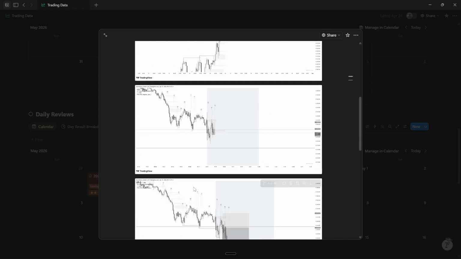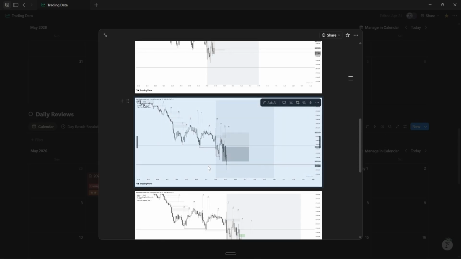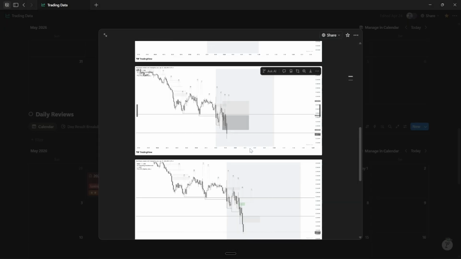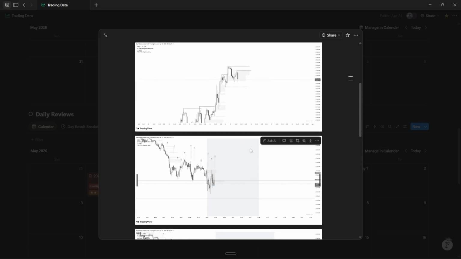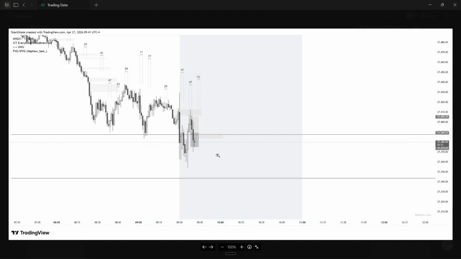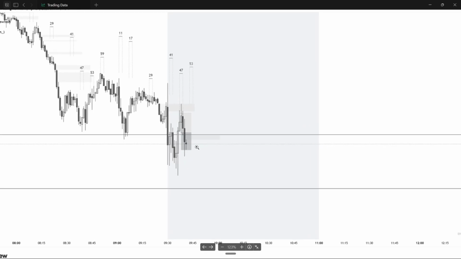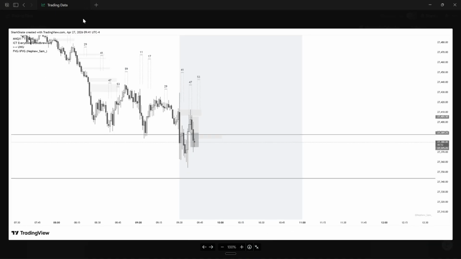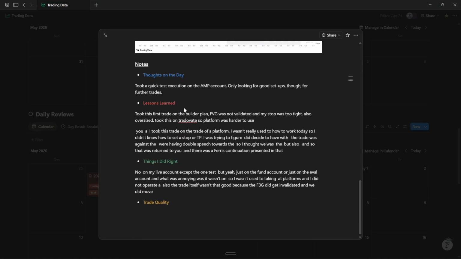All right, so these are my screenshots during the day. Obviously, there is the trade. The stop loss wasn't this big. It was kind of tight, but I was just quickly marking out because I was also looking for a setup on my amp. This was the trade right here. See how tight that was? It was very stupid. I wanted the stop loss below this FVG low. I want the stop loss below the FVG low.